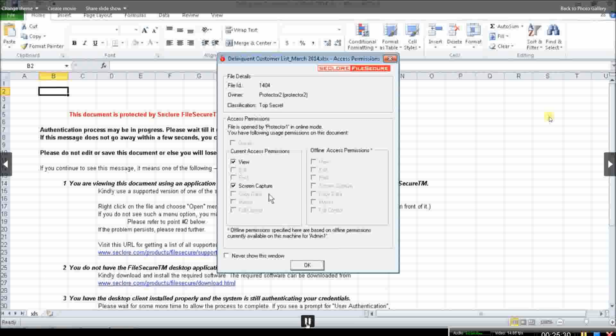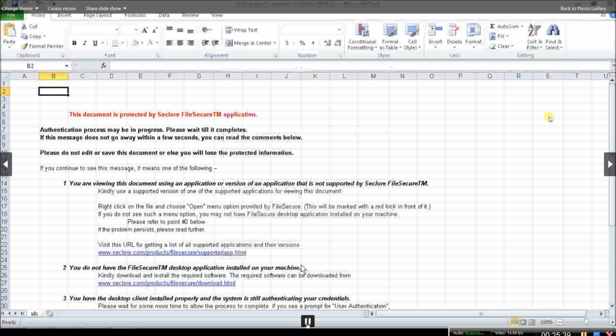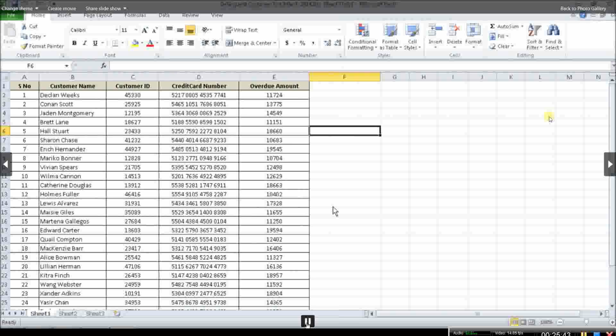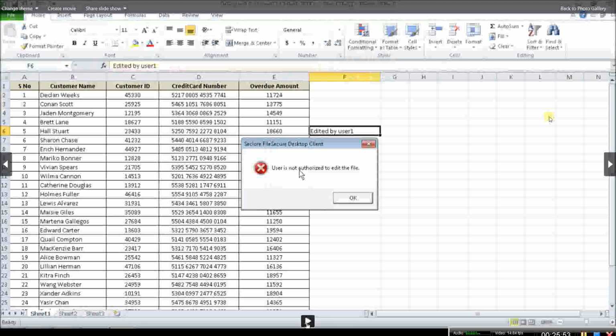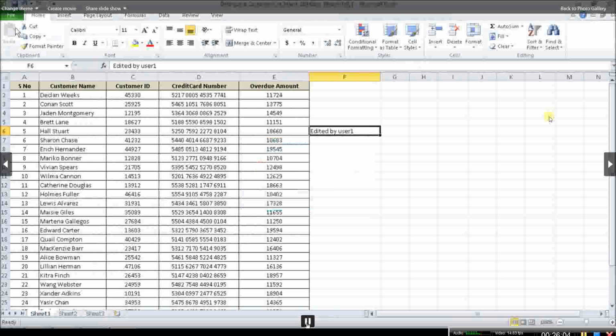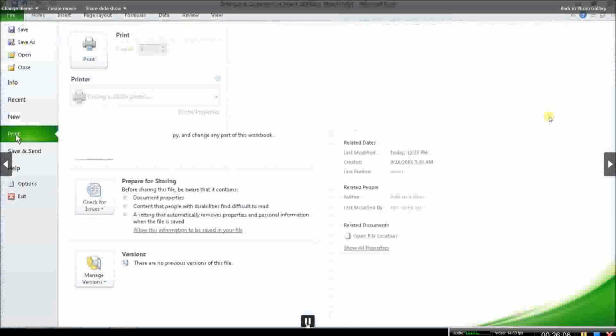Right. And once this policy is accepted by that user, only then the actual content opens up in the native application. So in this case, it is Word, or this is Excel. Right. And now if he tries to do anything which is not allowed, so for example, if he tries to do edits on the document when he's not allowed to edit, then the usage control framework of Secure File Secure kicks in and prevents him from, for example, editing or printing the file